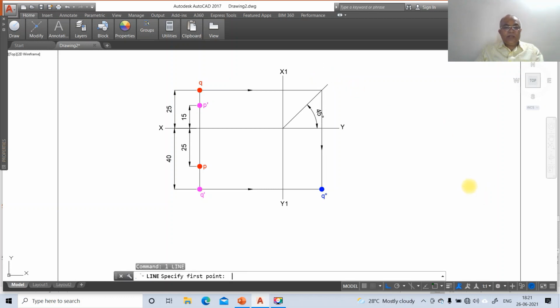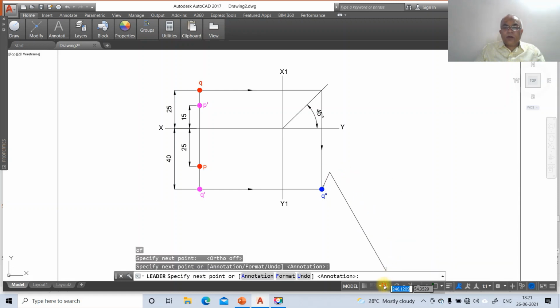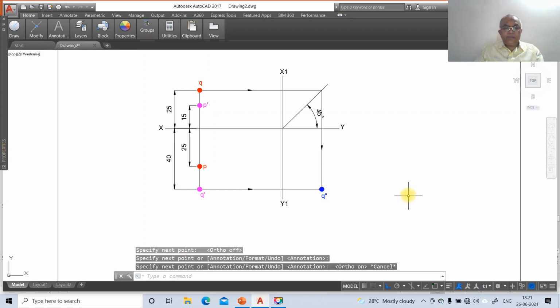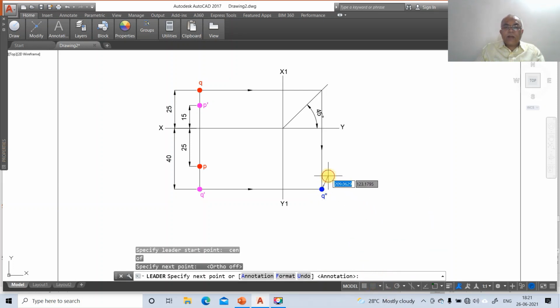Then go to leader, take center of this, then switch off the ortho mode, and then switch on the ortho. Then go to leader, center of this, switch off the ortho mode, and then switch on the ortho on.